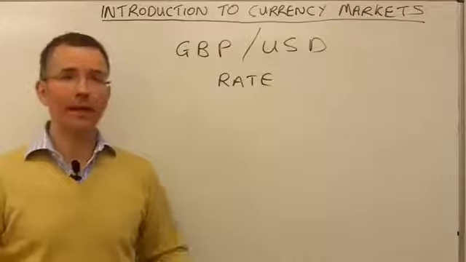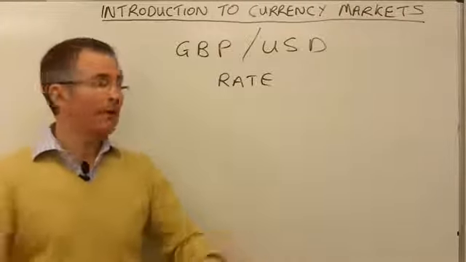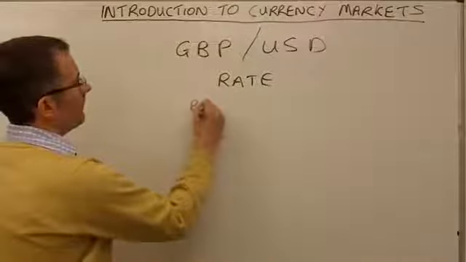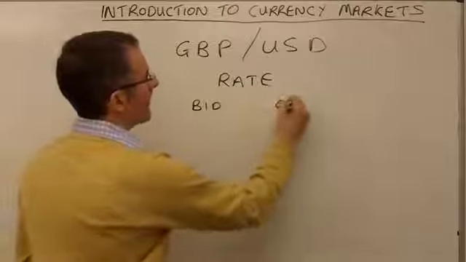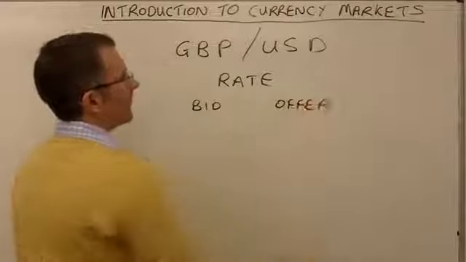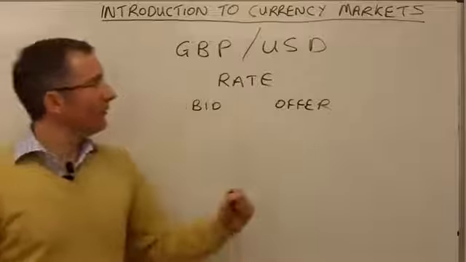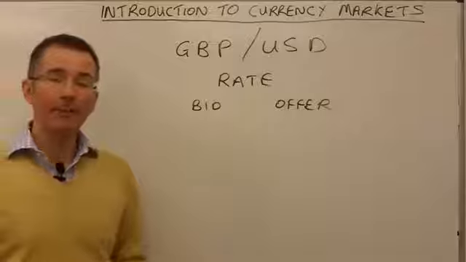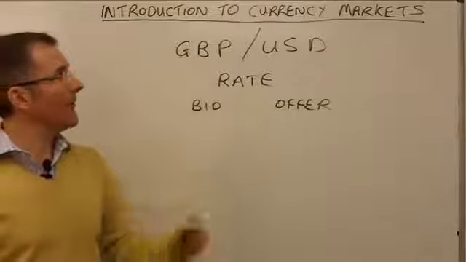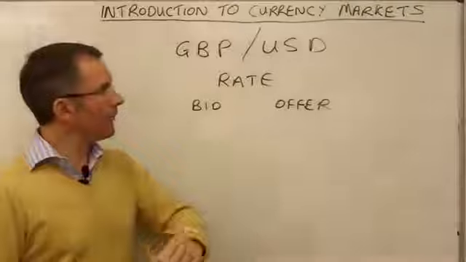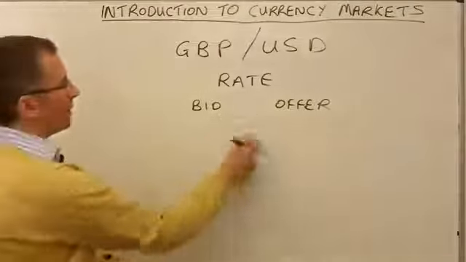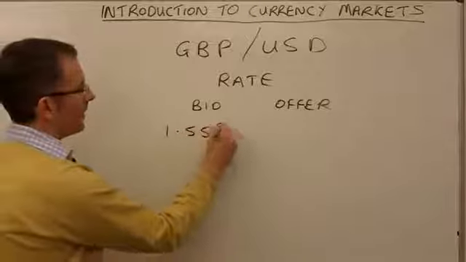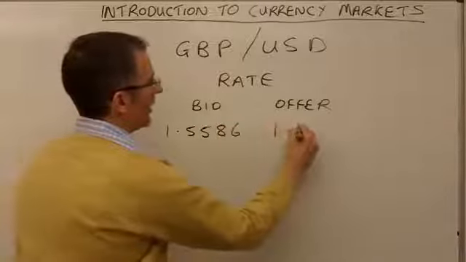Currency markets, not surprisingly, use the same principle across the board. So when you're buying and selling currencies, be aware that the rate will be split into two. There'll be a bid rate and there'll be an offer rate. So what this comes down to is you need to think, am I trying to basically buy the currency in question or sell it? Or am I betting on sterling appreciating or depreciating? So let's put a rate in. So for example, maybe we've got a bid rate of 1.5586 and an offer rate of